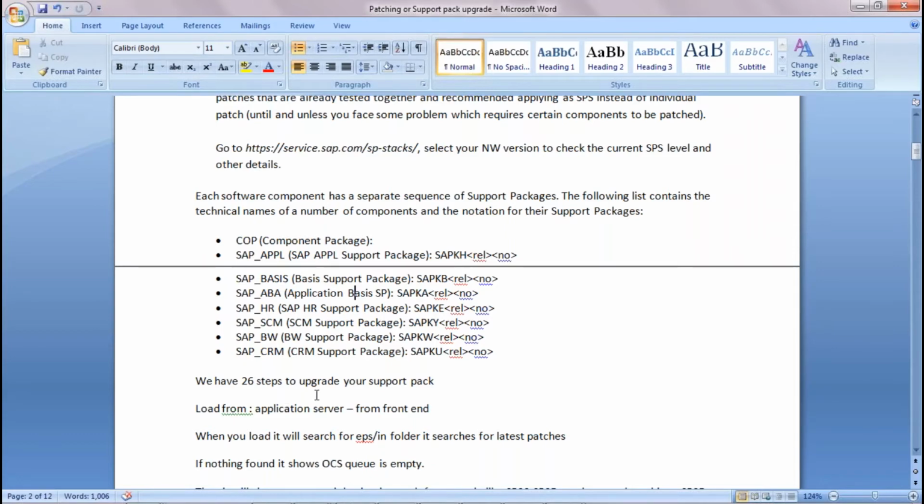We have a total of 26 steps to follow to upgrade your support pack. Okay, and we have two options. You can load from the application server or load from the front end. When you load it, it will search for